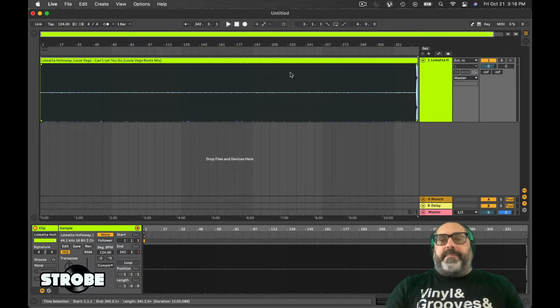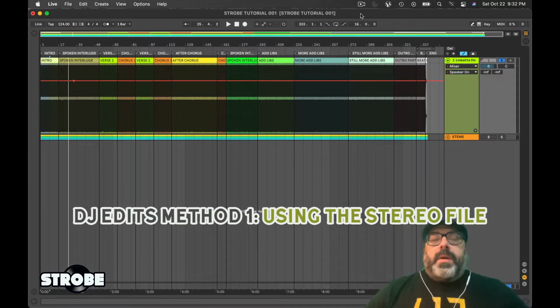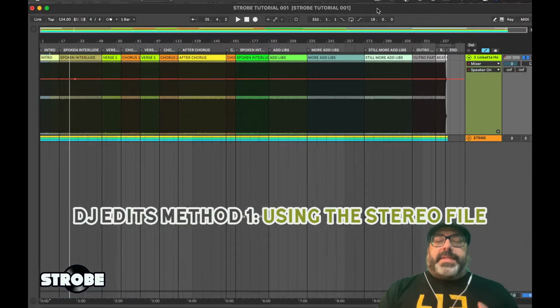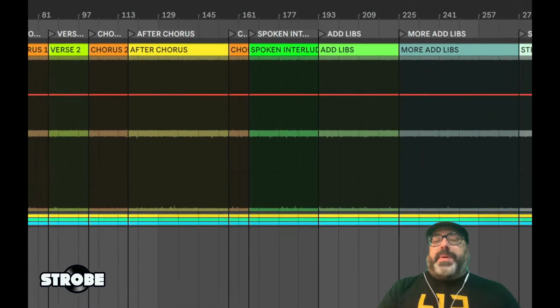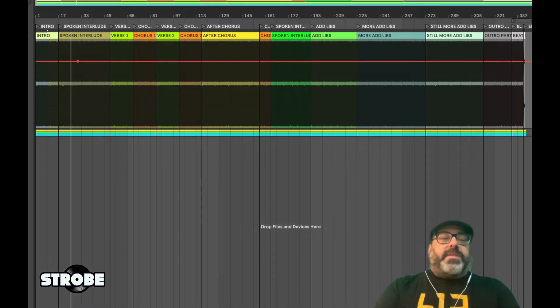The next step is that we would divvy it up and put markers where we want to edit. I've already done that in another session, so I'm going to swap over to that. So here's the track cut up into sections. I've named them and I've added locators which allow you to jump to any part by clicking on it. So if I'm at the intro,